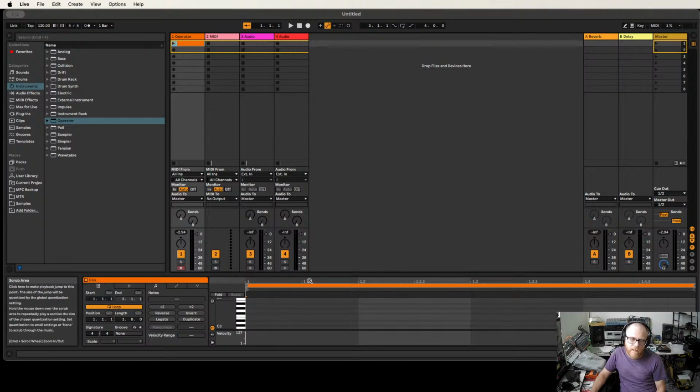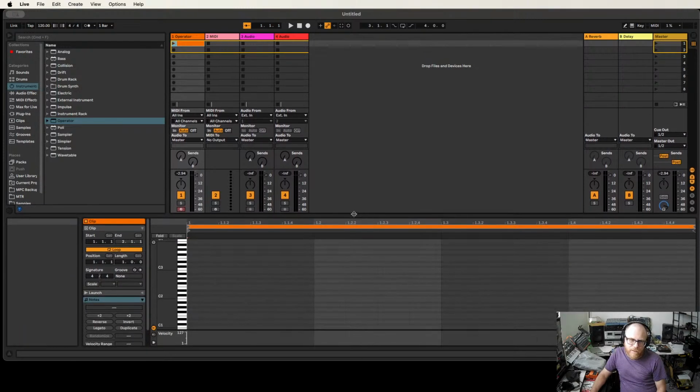I'll get to that in just a second. I put an Operator synth on that channel, and so that's why it says Operator. And this one says MIDI because there's nothing on that channel. And these are two audio channels. We're just going to mess with these MIDI channels for today. Double click on one of these cells and you will create a blank clip that is 1 bar long. And then you can use that to